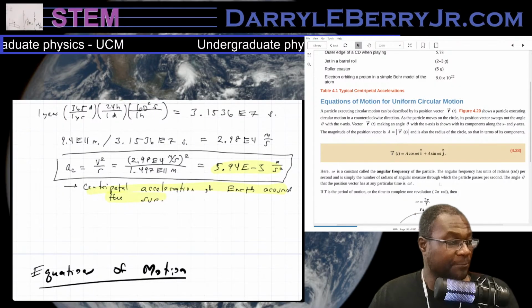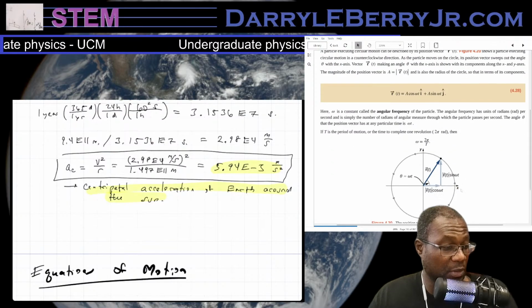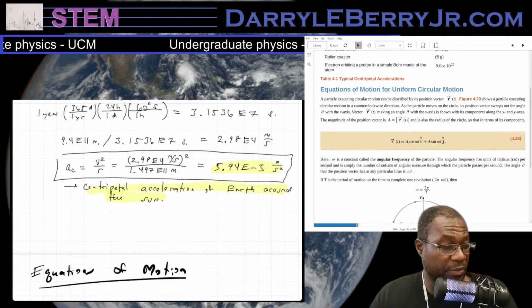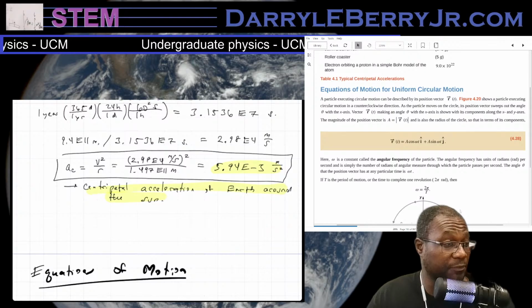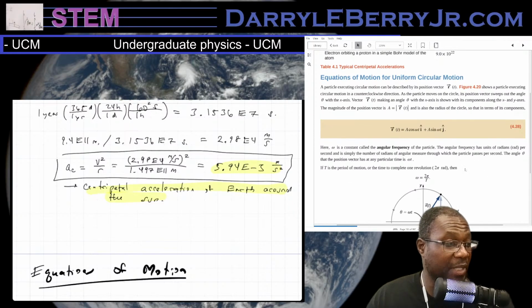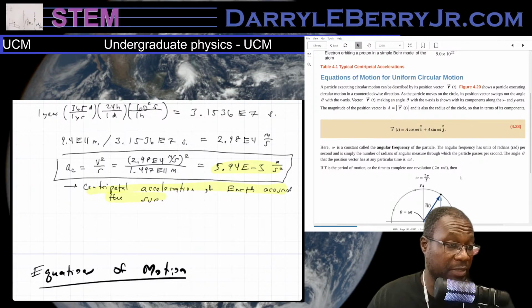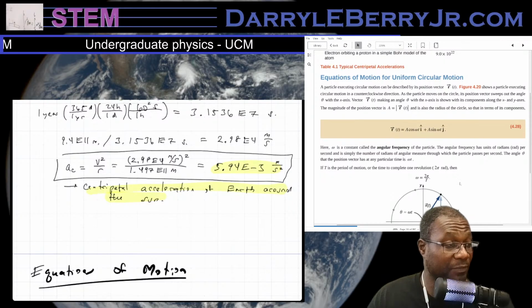It's pretty good. A particle executing circular motion can be described by its position vector. According to this, figure 4.2 shows a particle executing circular motion in a counterclockwise direction. This particle moves on the circle. Its position vector sweeps out the angle theta with the x-axis. Vector r(t) making an angle theta with the x-axis is shown with its components along the x and y axes. The magnitude of the position vector is A equals the magnitude of r and is also the radius of the circle, so that in terms of its components,